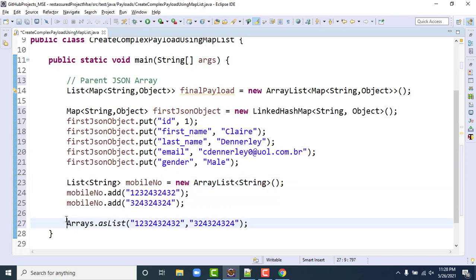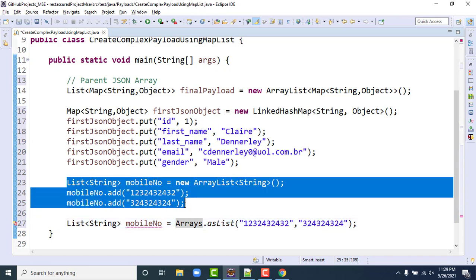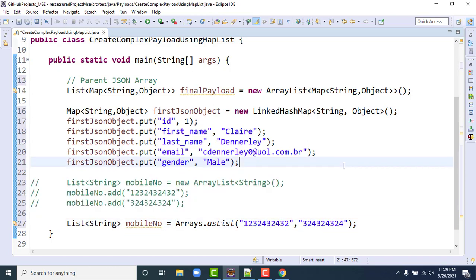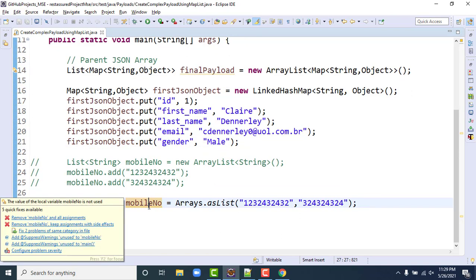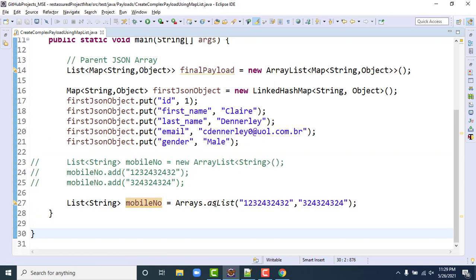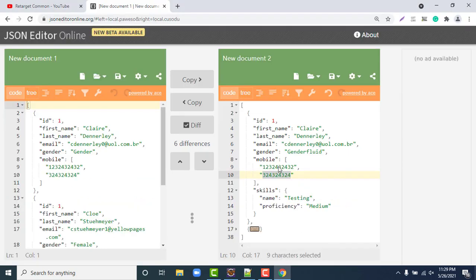So there's no need to go and add anything there. We can comment this one; I'm just skipping so that you can refer to it after. Like this way also we can easily create a list of string. Arrays is a class, we have one method called asList, and give all the values whatever you want to be part of that list. So we have successfully created mobile.